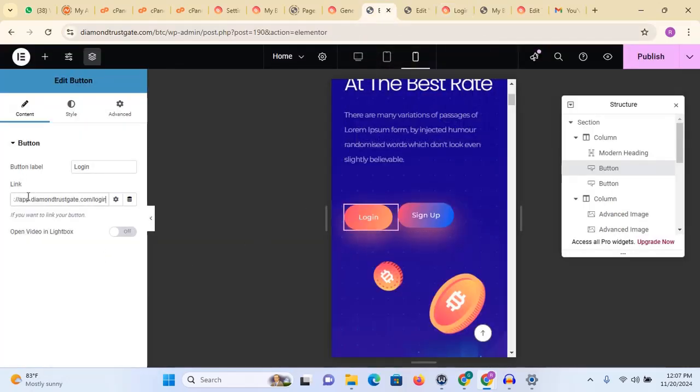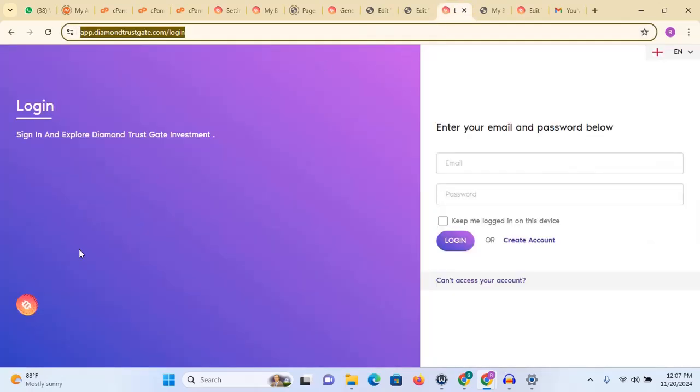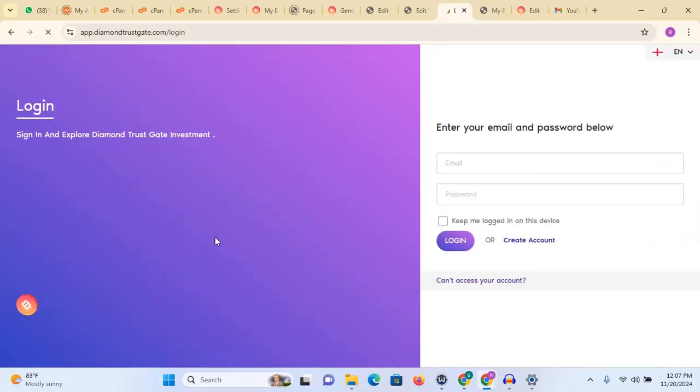So I'm gonna put the login link here. I'm gonna click on publish. And it is as simple as that. So when you come back to your website here,